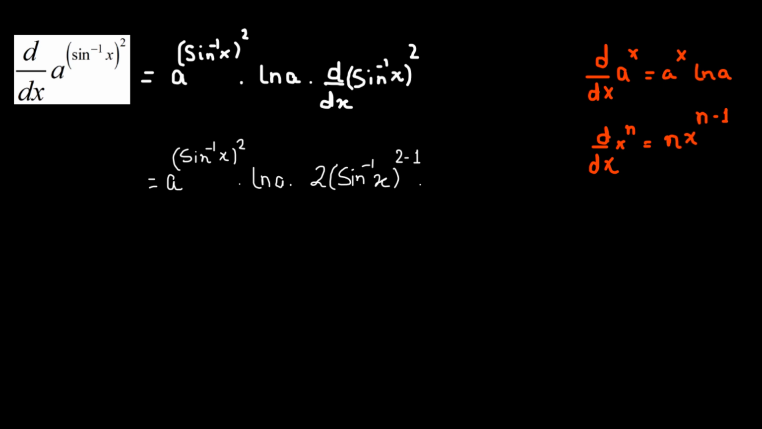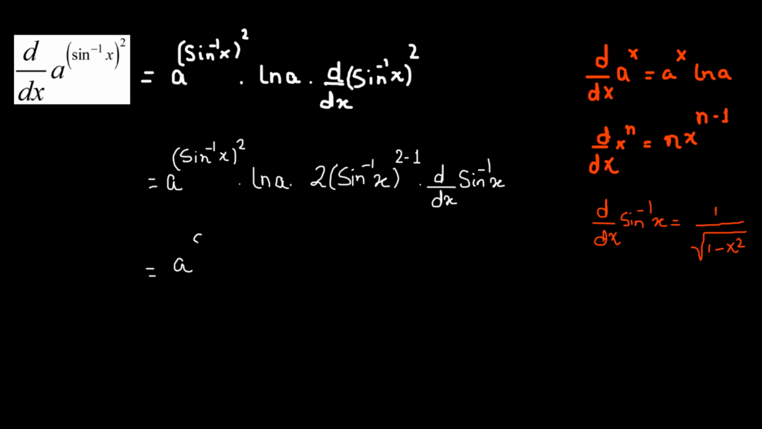But we have assumed that sine inverse of x is equal to x. So that means we need to multiply it to the derivative of sine inverse of x. Now we know that the derivative of sine inverse of x is given by 1 over under root 1 minus x squared. So we finally get